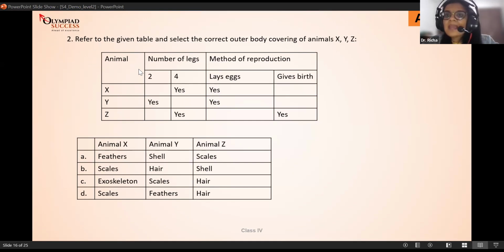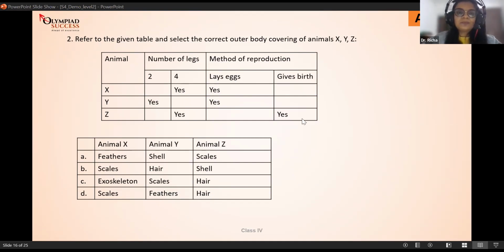Amphibians, they may have 4 legs, they may not. Reptiles, they may have 4 legs, they may not. But only birds have 2 legs. So birds have 2 legs and they lay eggs. What do they have on their body for protection? Feathers. This is just sorted out. Option D. Very good, Parinita, Siddheshwar, Vibha,